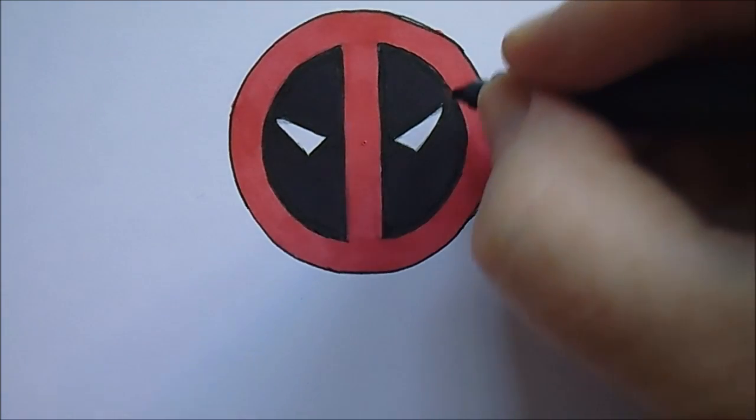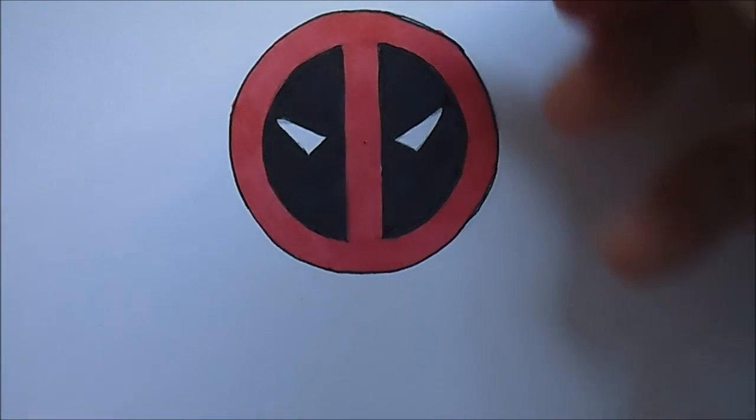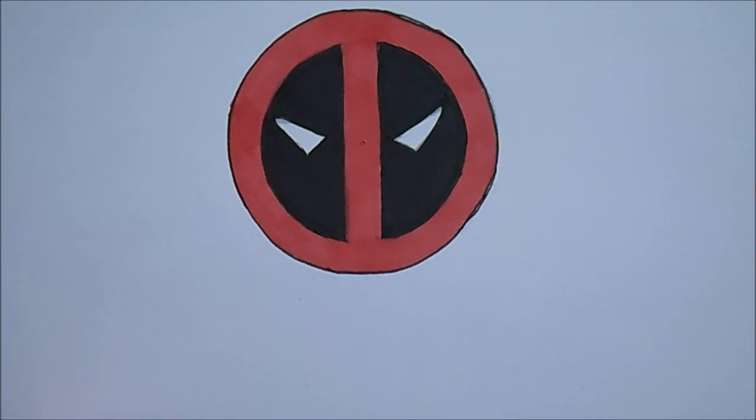And there we sort of have a basic Deadpool logo. It's a fairly simple, straightforward design. I will be drawing Deadpool at some point, and quite possibly I might zombify some characters in the future, but